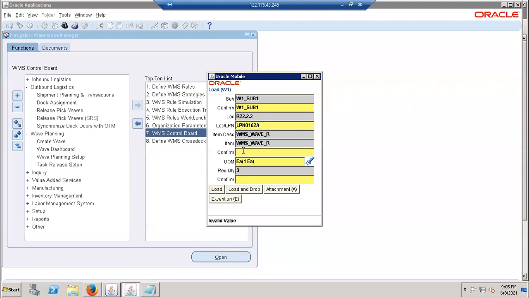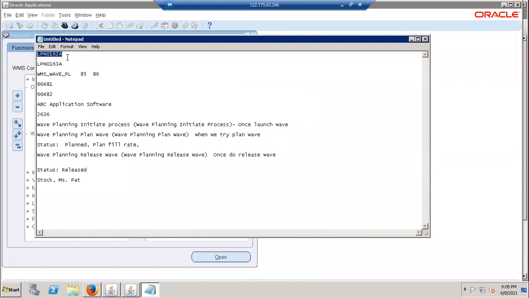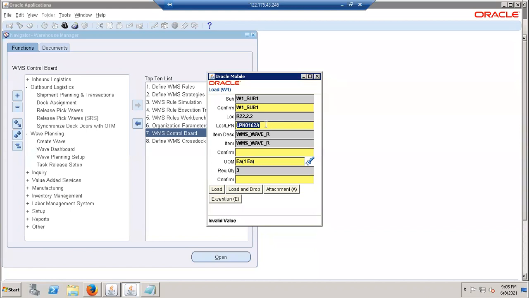Just try to scan the first one here. Okay, that is not the right value. 1621. The LPN is not a right value. That one only, right? That's fine.